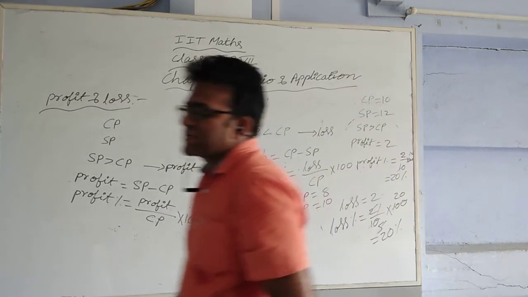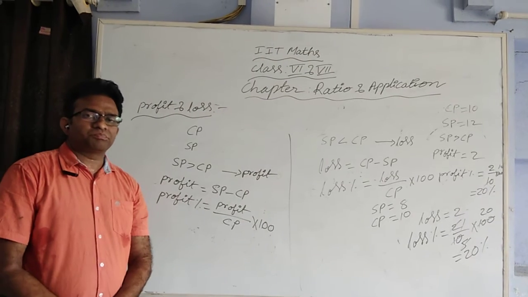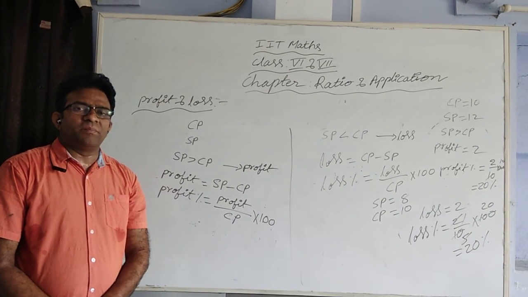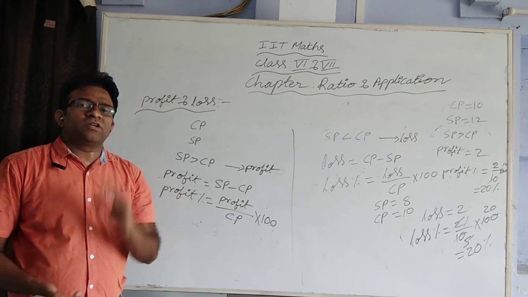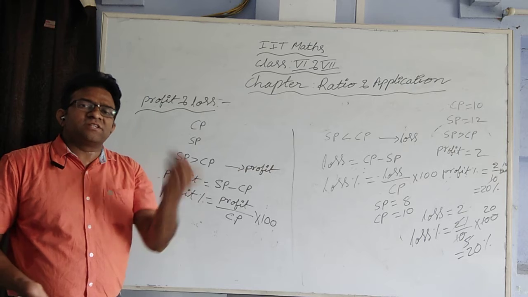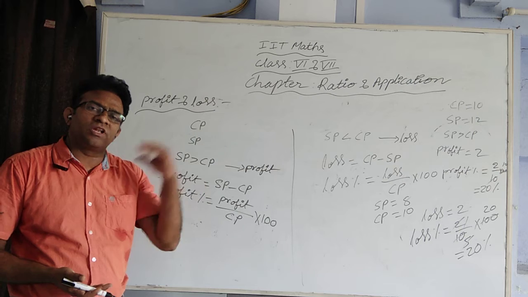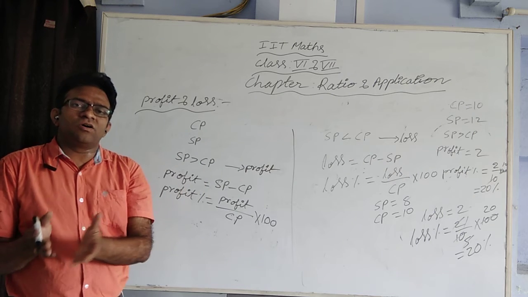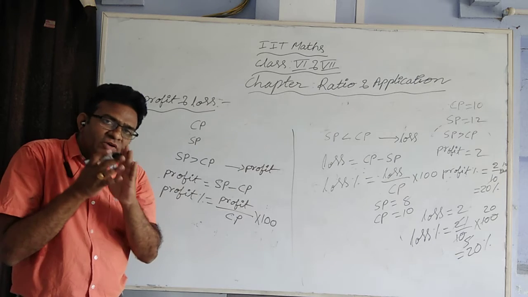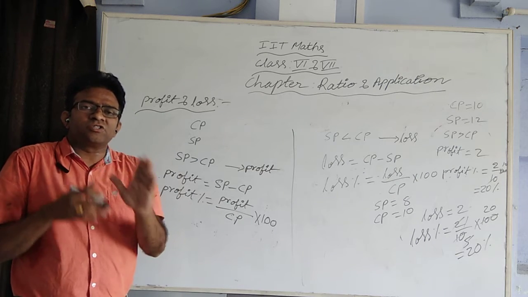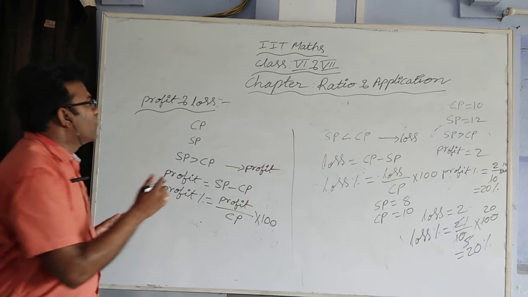Okay. Next, one most important point in profit and loss. Sometimes a person buys an old scooter. Okay. So for that old scooter, he spends some more money on repair and painting to remodel it. So those are also going to be considered in the cost price. Other than buying the old scooter, he is going to spend on repair and painting. That repair and painting is nothing but overheads.